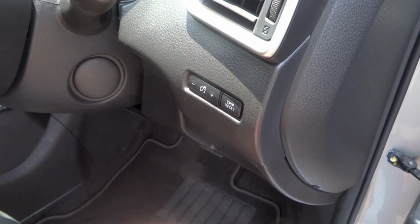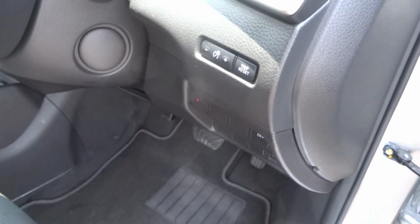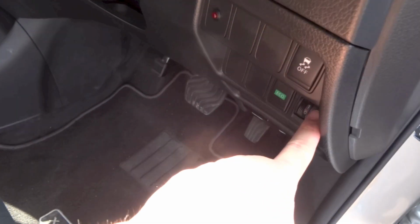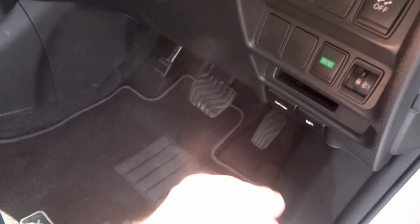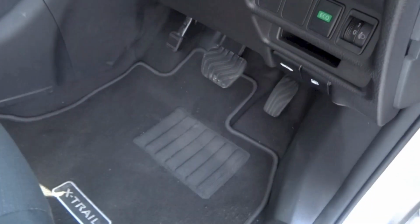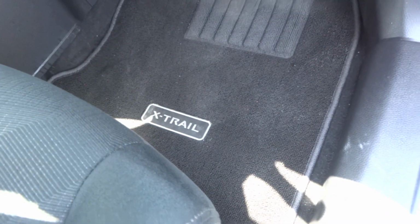Interior brightness adjustment buttons, trip reset button, stability control, eco mode, headlight level adjustment, storage, pull this lever to release the fuel door, X-Trail floor mats,